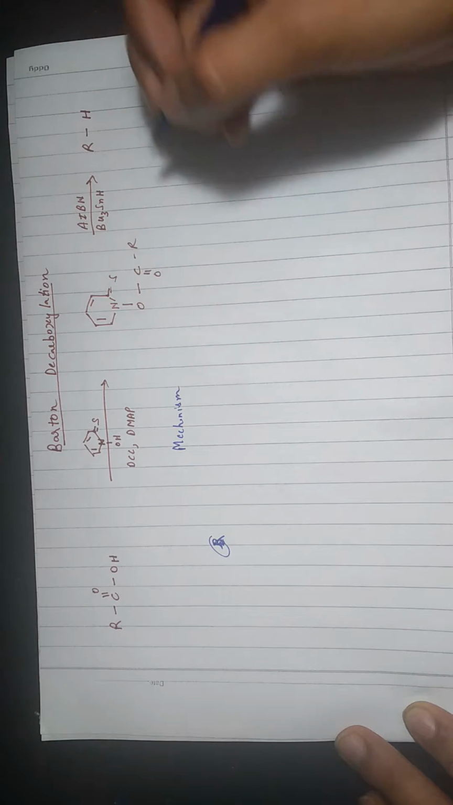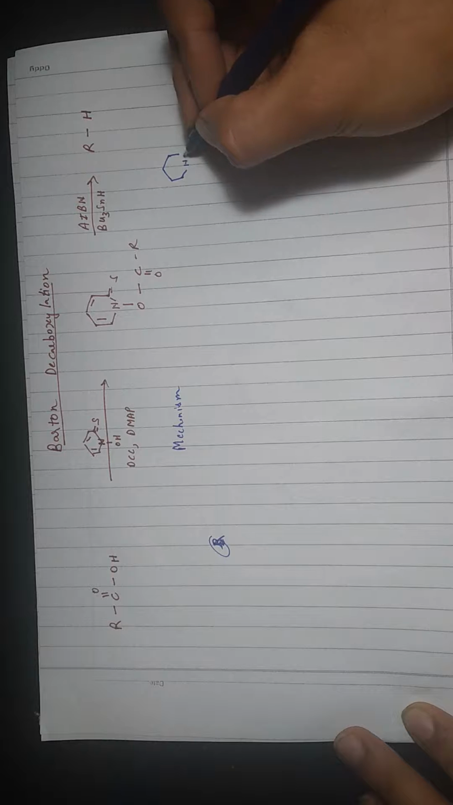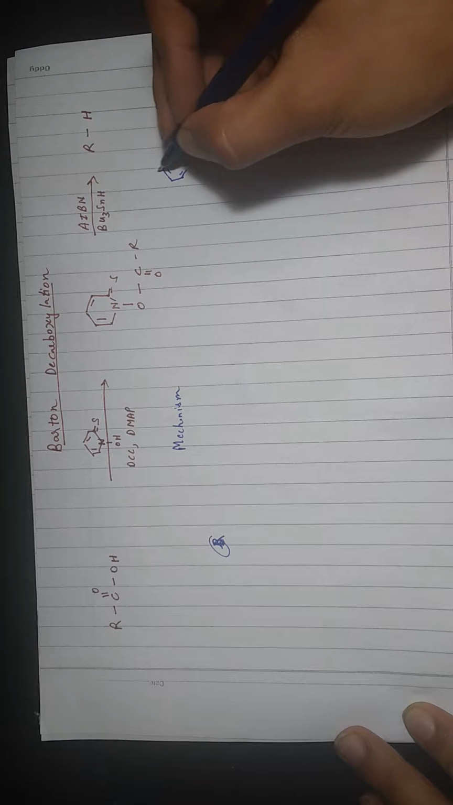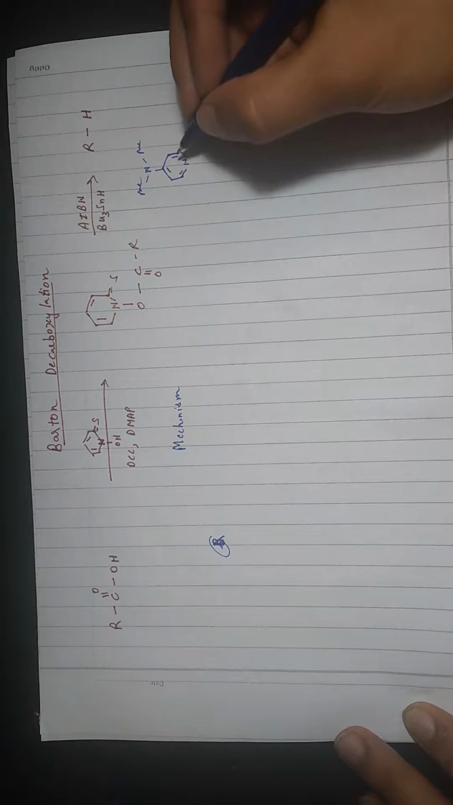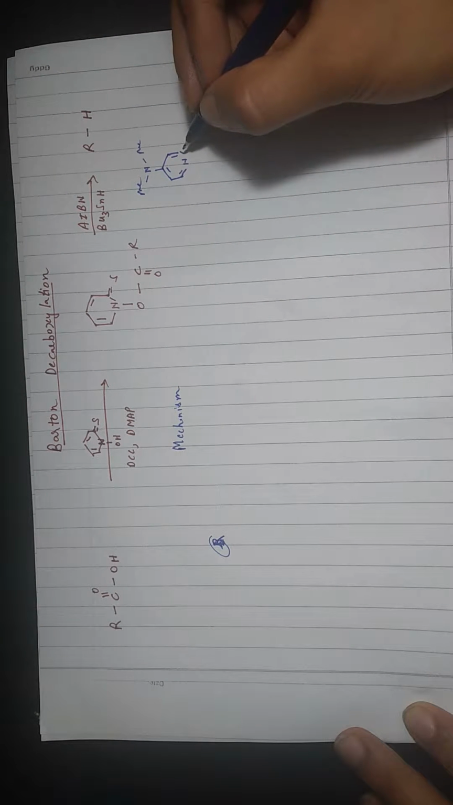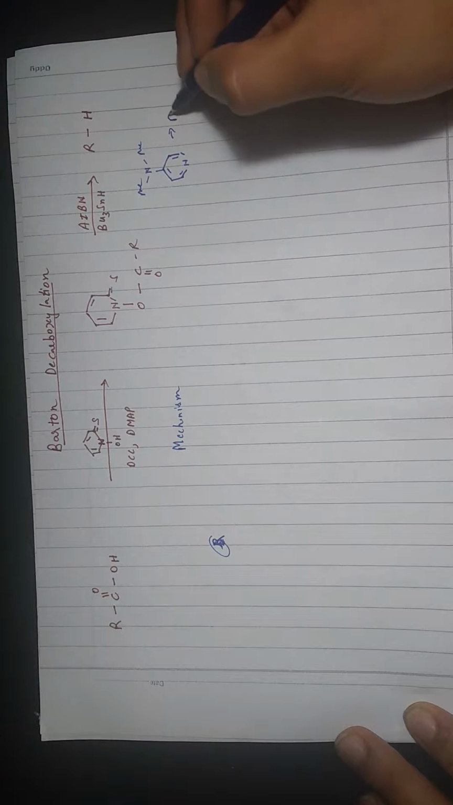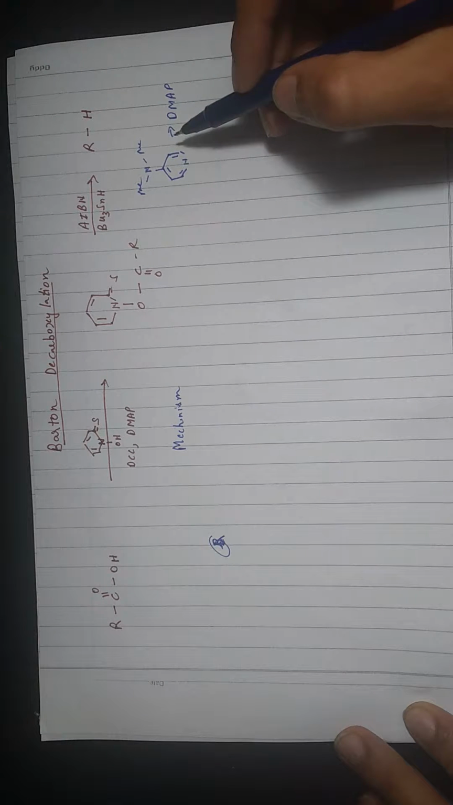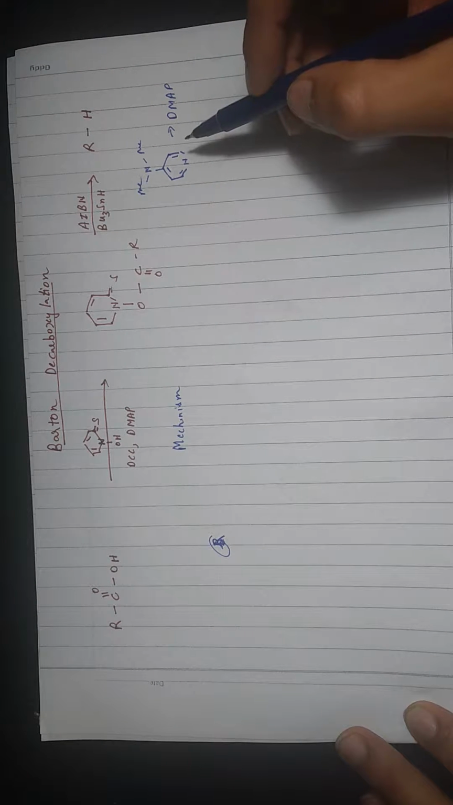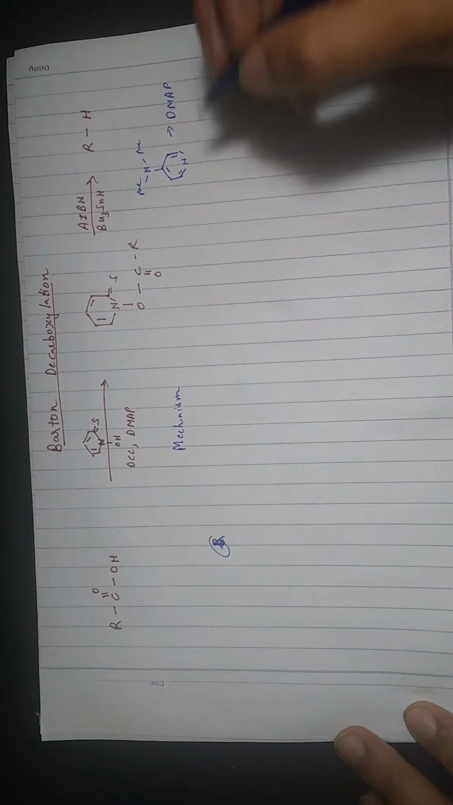Now DMAP is nothing but 4-dimethylaminopyridine, and you can draw a pyridine basically, right? And then there are two methyl groups attached to this. Now this is a very good base. It's actually a better base than pyridine as well, because of the resonance stabilization in case of this DMAP. So this is known as DMAP, and it is particularly useful for activating. It acts as a nucleophilic catalyst, and DCC is nothing but